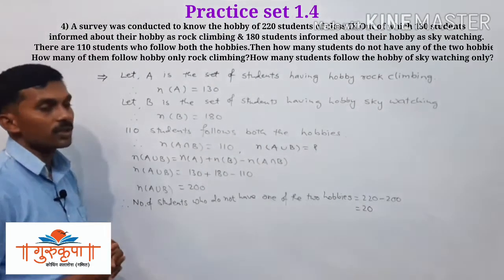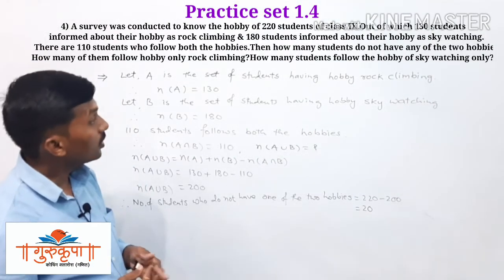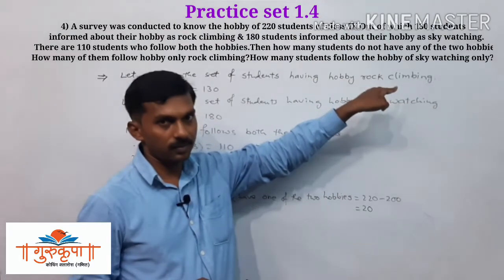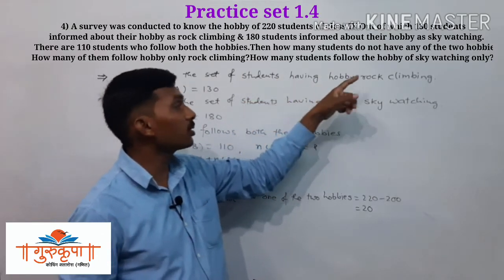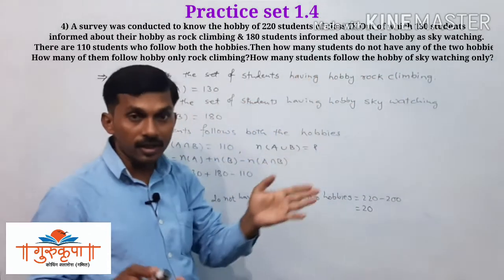Now second question, we have to find the number of students having the hobby rock climbing only. Here we have A is the set of students having rock climbing, hobby rock climbing, and in the question we